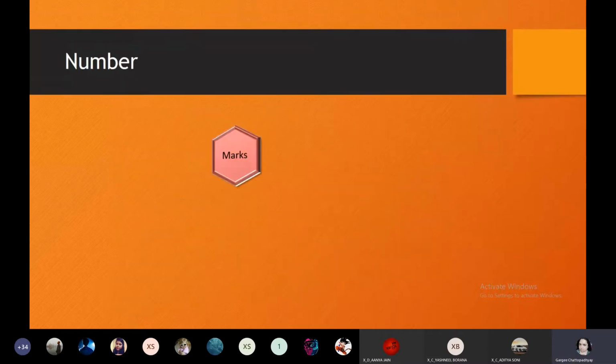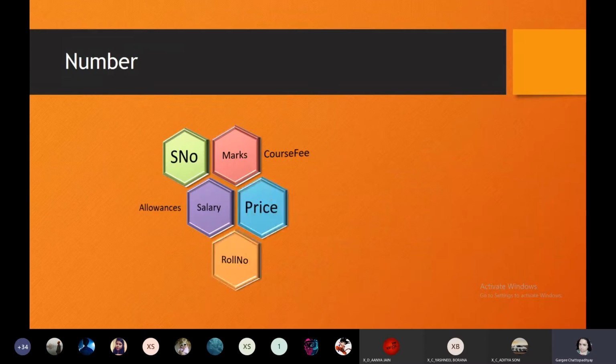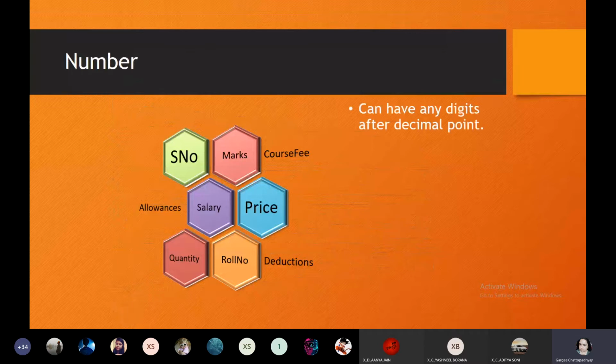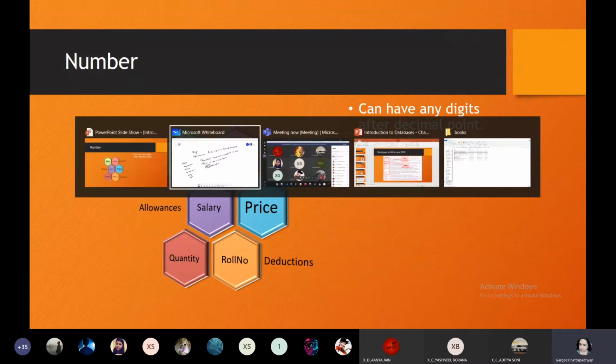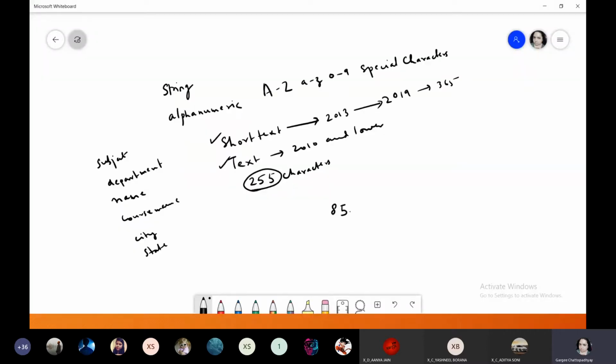Next is number: marks, course fee, serial number, salary, allowances, price, roll number, quantity, deductions. It can have any number of digits after the decimal point. If you are writing something like 85.1234, you can have any number of digits after the decimal point.